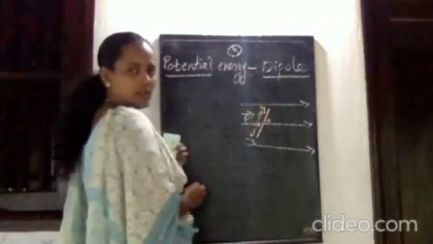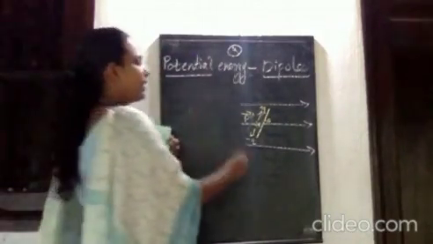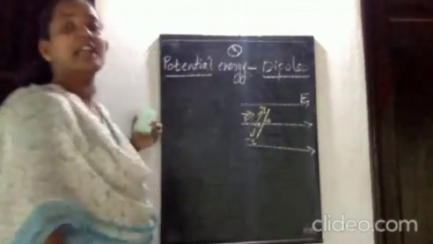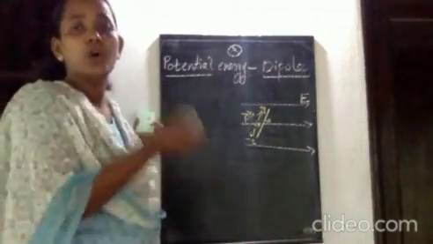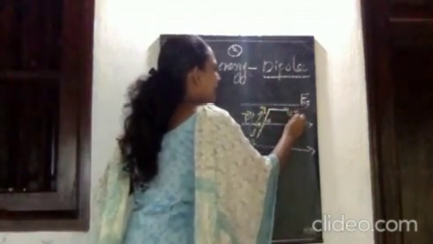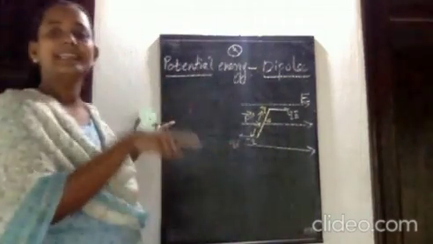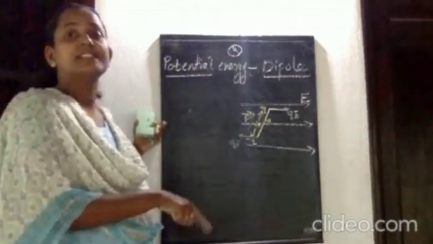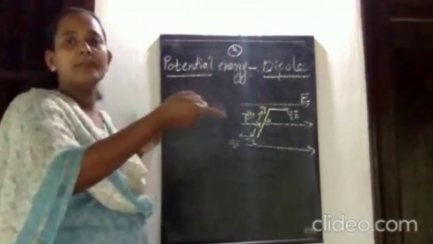and here the dipole moment makes an angle theta. In the previous chapter we derived, or we know, that whenever a dipole is placed in a uniform external electric field, the net force acting on the dipole will be equal to 0, because on the plus q charge there is plus qE acting along this direction and minus qE acting along the opposite direction, and that will get cancelled, therefore the net force will be equal to 0. But there is a torque. Torque means it gets twisted from its equilibrium position.